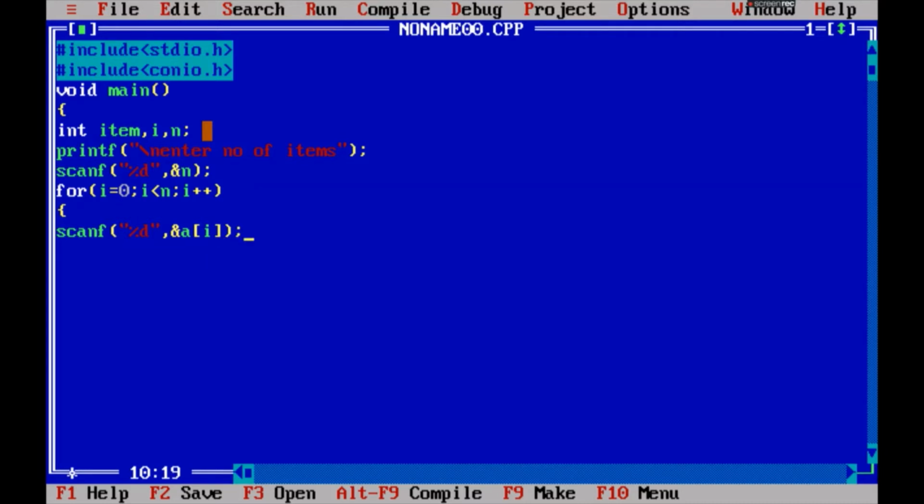We need to create the array, we have to declare the array, a of 50, suppose a of 20.